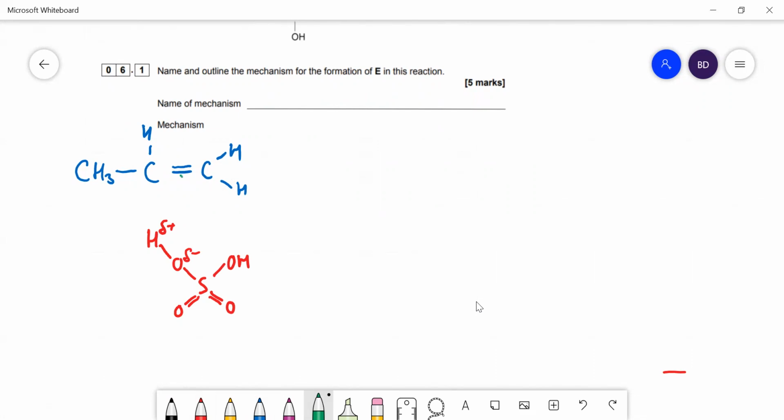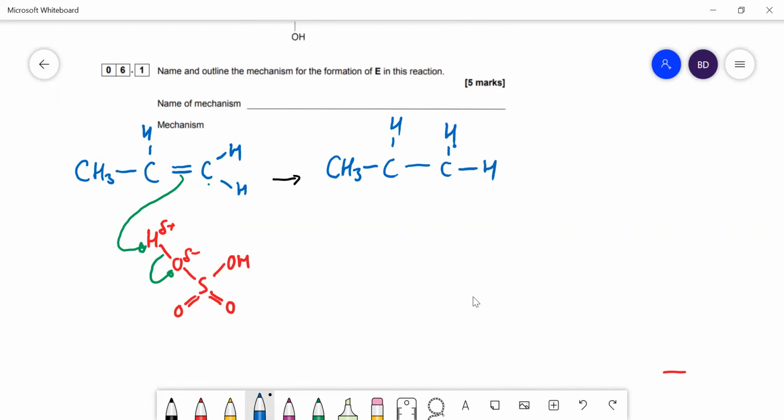Right, the pi bond breaks and goes onto the hydrogen there. That hydrogen is now going to form a bond to that carbon, actually, okay? And this means this bond between the hydrogen and the oxygen is going to break like that. So let's draw the intermediate there. So we're going to get that. Now the hydrogen from the sulfuric acid, I'm saying, is sticking to that carbon to give us the product they suggest, okay? And that means we have got, right, this is a carbocation,